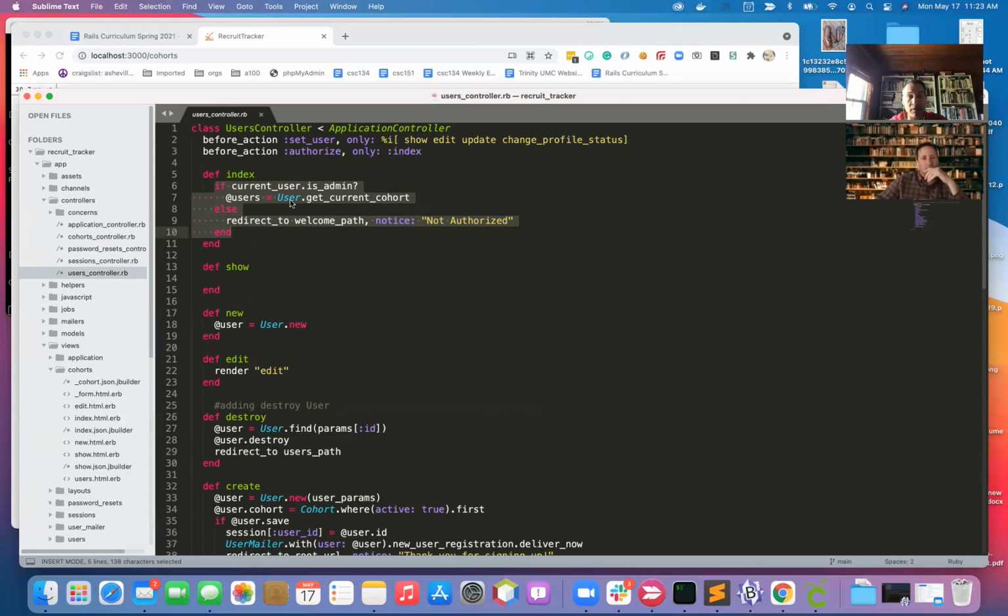We've got a simple if statement. It says if current user, we've got an isAdmin function inside our user model. If that returns true, then users is going to be get current cohort, and the current cohort is going to be all users that have a relation to the active cohort. And then we've got a simple else statement that is going to redirect. So if someone's not an admin and they try to go to this users path, we're going to redirect them back to the welcome path